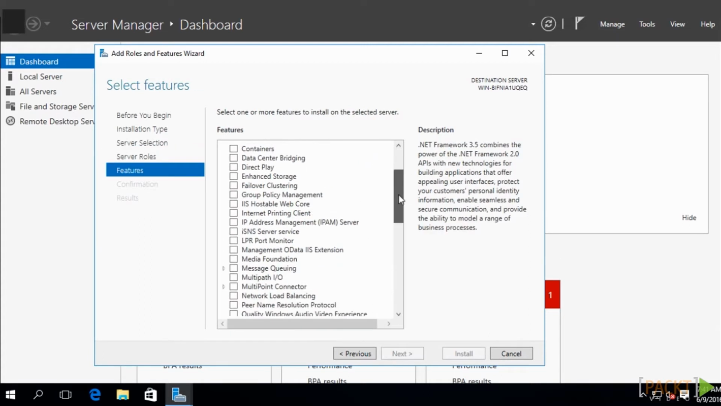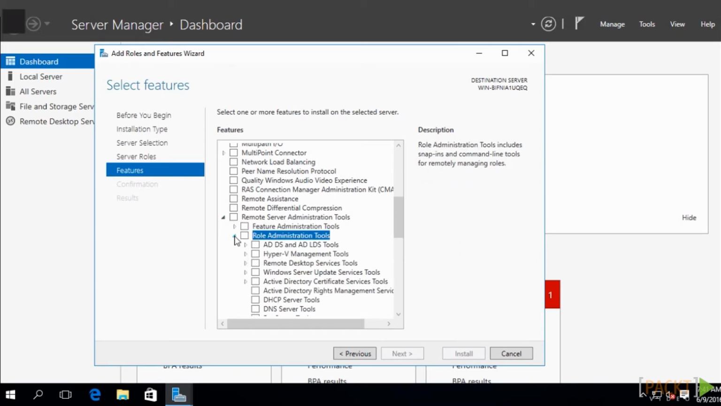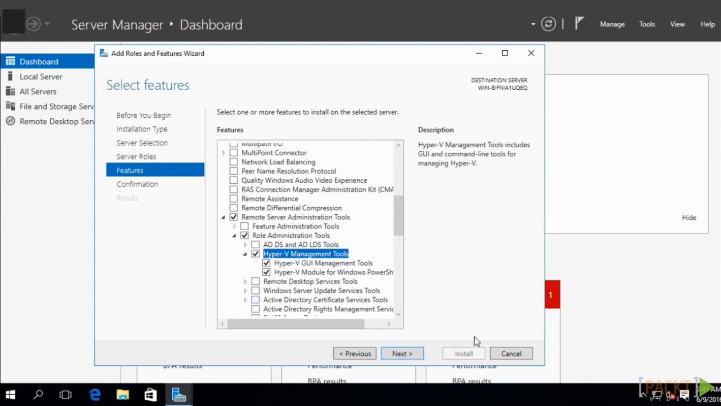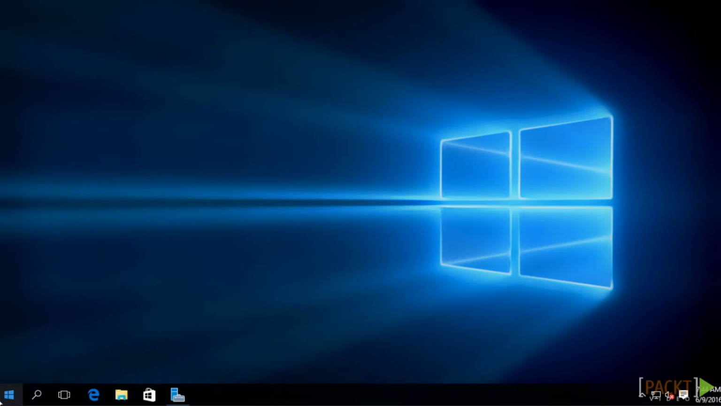Then I open Remote Server Administration Tools, then I open Role Administration Tools and select Hyper-V Management Tools. Then I click Next and Install, and that will install the Hyper-V Manager as a feature on this server. You can also install Hyper-V Manager along with the Hyper-V role on a Windows server by navigating to the Start